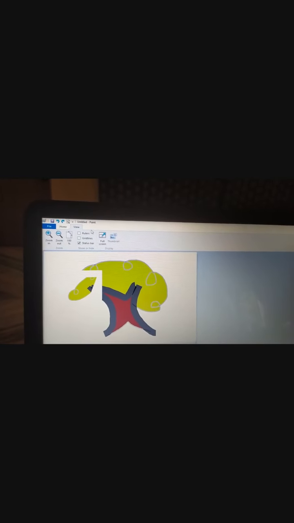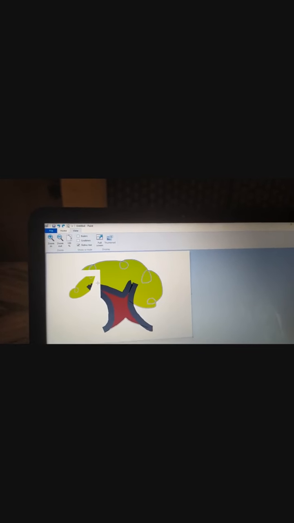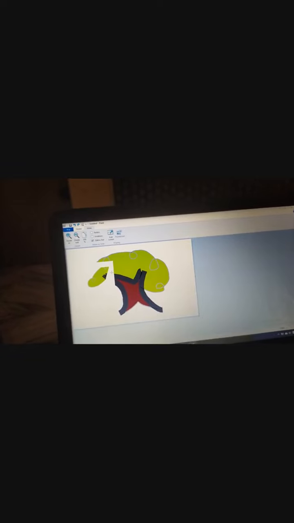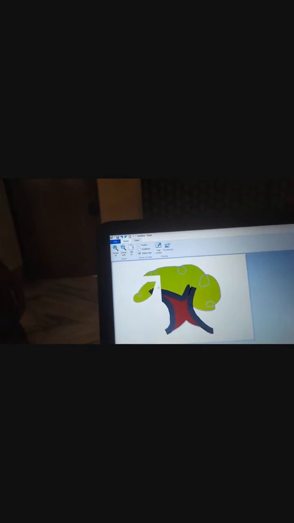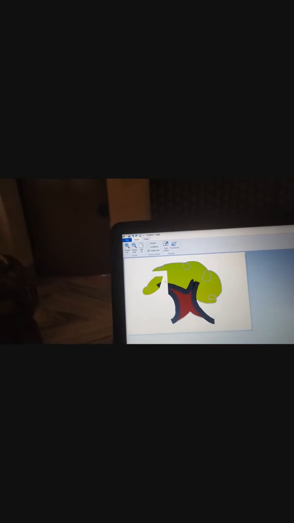In the view tab, if we click the full screen option, our image will be shown to us in the full screen mode. And if we want to get back, just click the mouse once and it will be returned to the normal view.